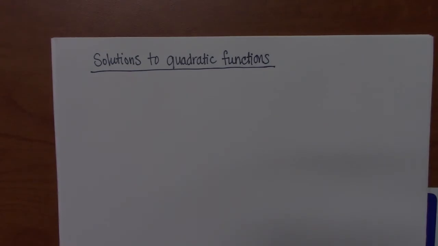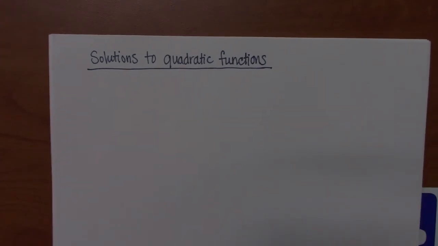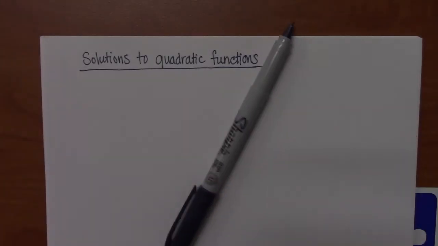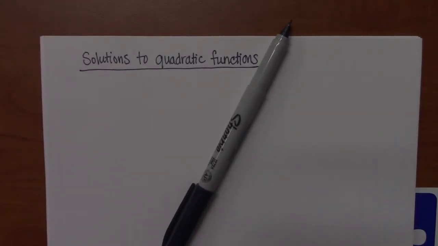When we were all in high school, myself included, and we first saw quadratics, we would typically see them as ax squared plus bx plus c, right? And whenever they talk about the solutions to a quadratic function, or they ask you to solve an equation, and